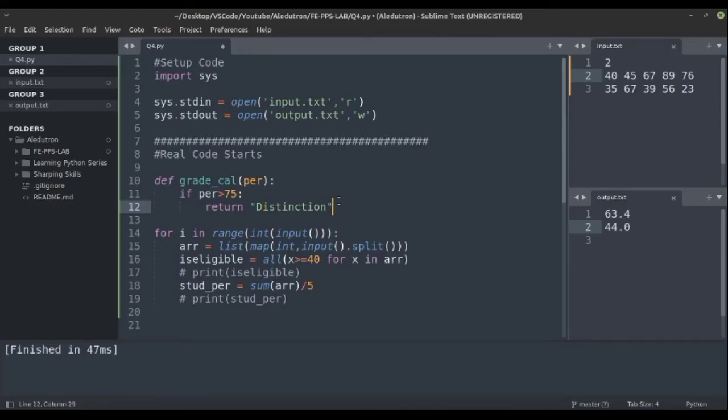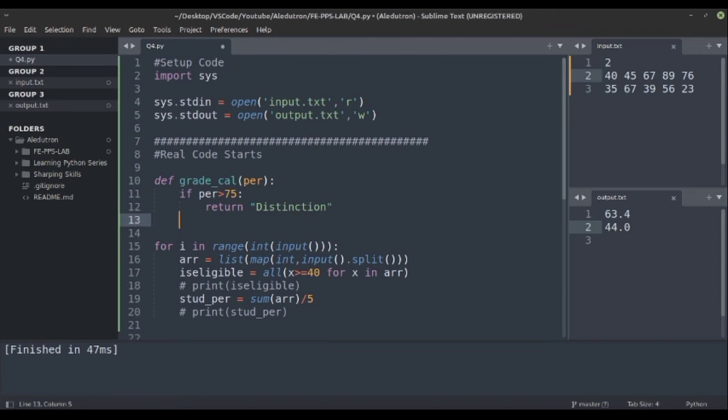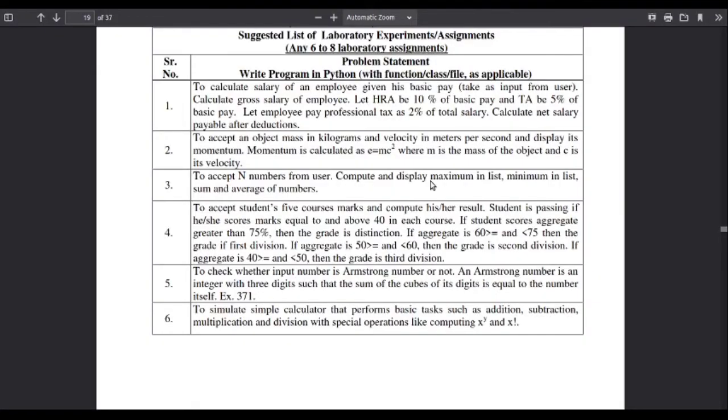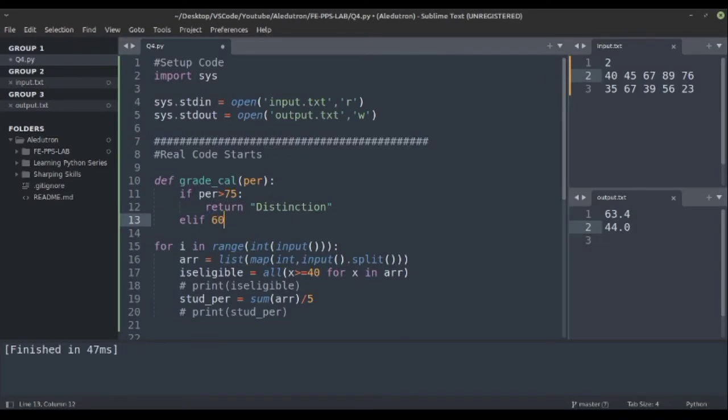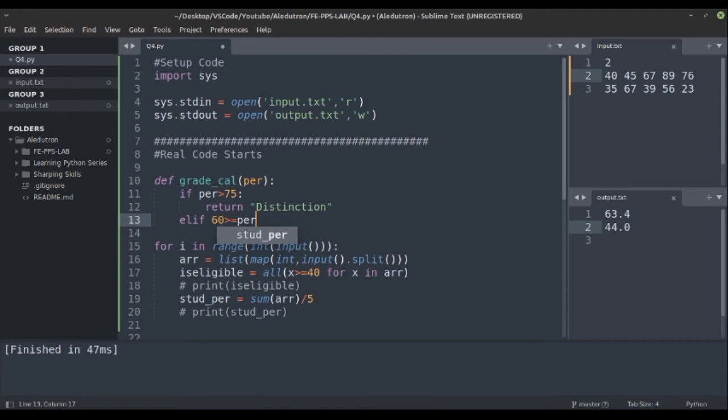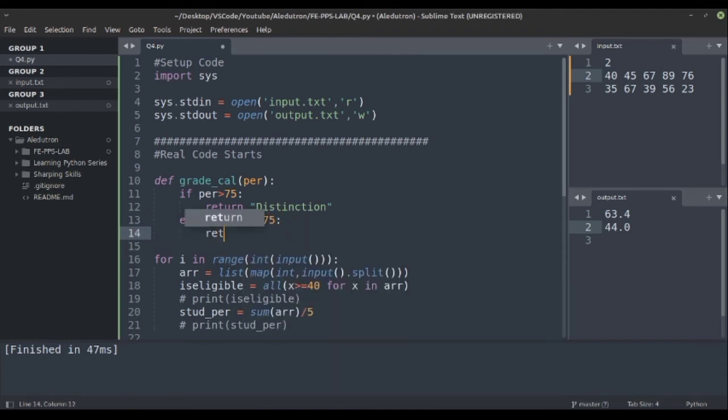After that, the second condition is if percentage is greater than or equal to 60 and less than 75. So return first division.